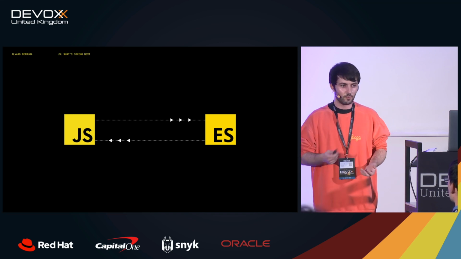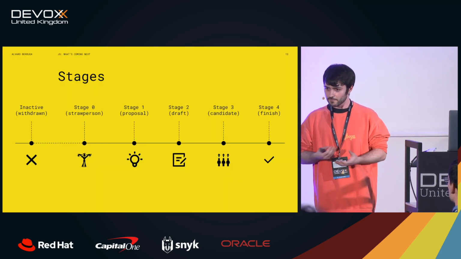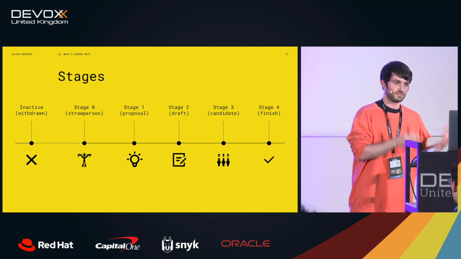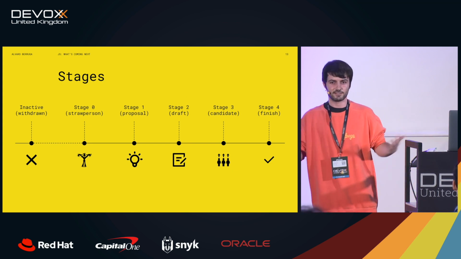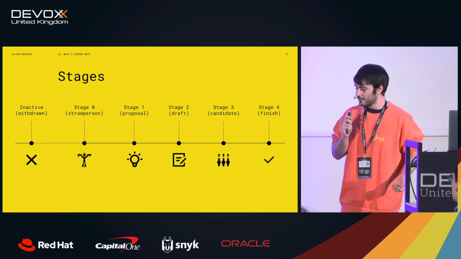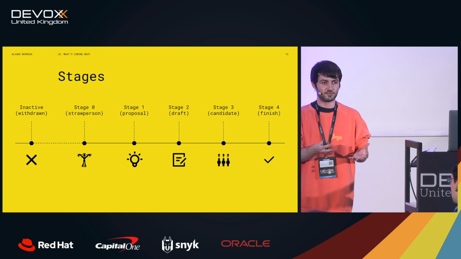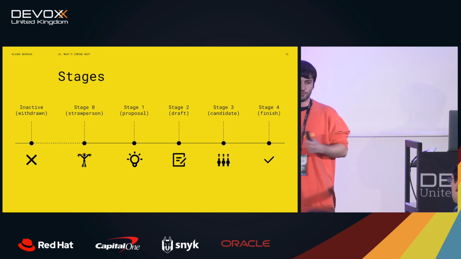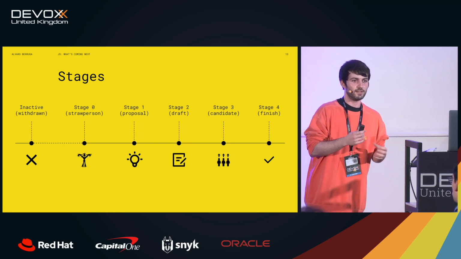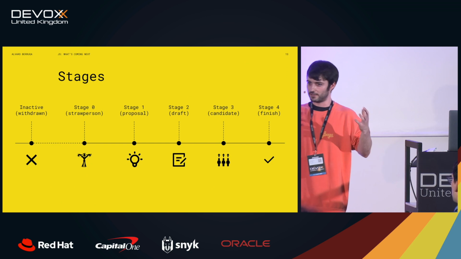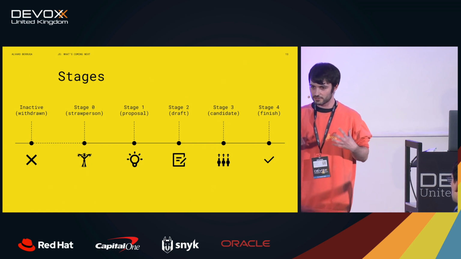How does this work? Well, there is basically a process composed of 5 different stages that go from 0 to 4, because we're engineers, so this is how it works. And then the way it works is that, let's say you have an idea, you want to change something, then you need to find someone in TC39 that is willing to introduce your idea to the committee, right? They have a meeting every 2 months, and this is where they introduce new proposals, etc.